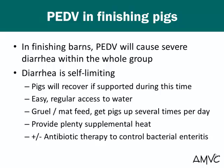By support, you've got to give them regular access to water, gruel and mat feed them, get them up several times a day. These pigs will feel bad, and they'll just lay around and mope, kind of like a sick kid. They won't get up and eat, and they'll fall backwards unless you get them up and get them to drink and eat. Then they'll do great. Provide plenty of supplemental heat for these pigs, and then plus or minus antibiotic therapy as your veterinarian deems necessary